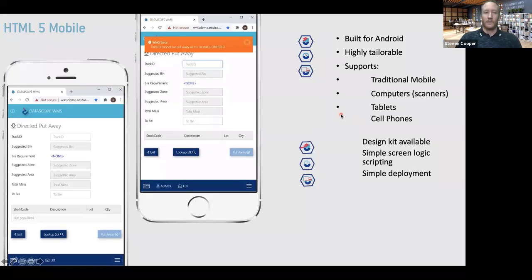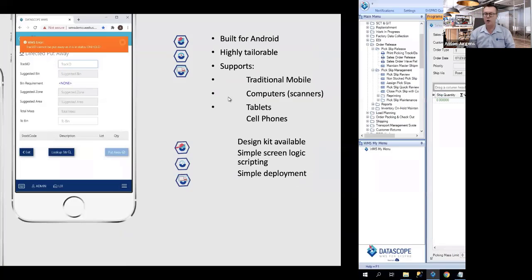Okay, and the final one we're going to have a look at is our HTML5 mobile front end. And I think while I'm opening this up, Anton will just introduce it, and then we're going to have a look at the customization element of the HTML5 interface. Yeah. So I think by now probably all of you are aware that